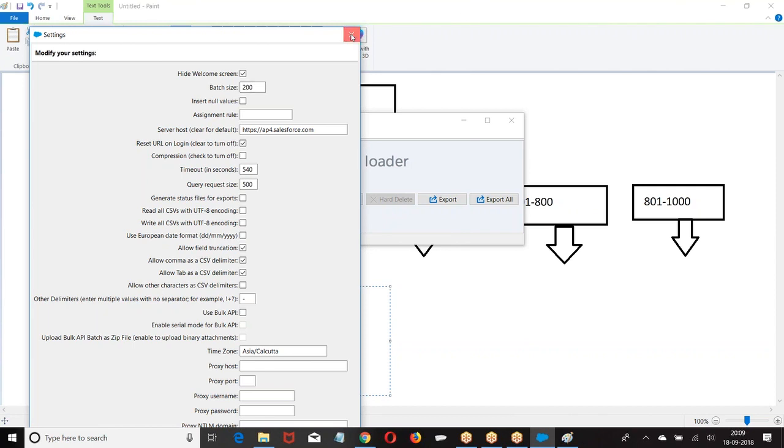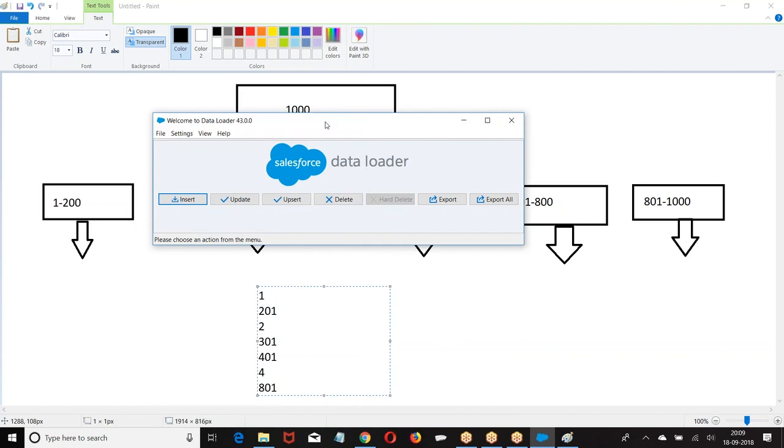So you are going with a data loader insert. If you are trying to insert, required fields should be entered. Validation rules should be obeyed. If there are any workflow rules, they will run. If there are any triggers, they will also run. Programmatic triggers. Okay, boss. I hope you are good. And insertion is running as non-atomic in the asynchronous format.